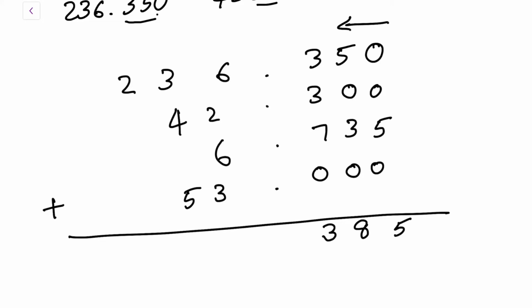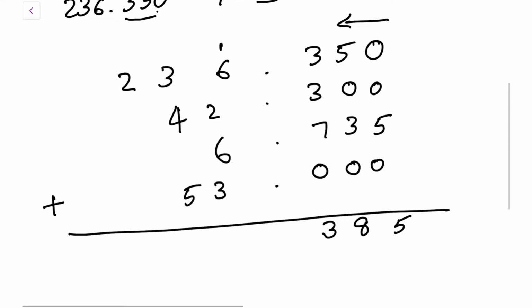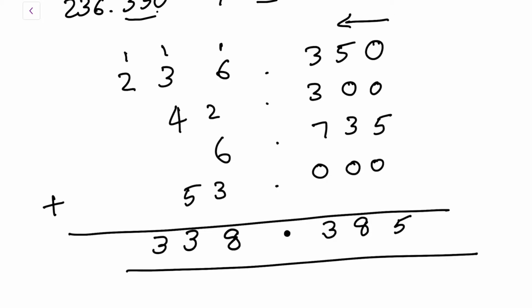Alright, and then 1 gets carried forward here, and wherever the decimal point is, you have to keep the decimal point as it is. And then we do the ones place, that is 6, 12, 13, 14, 15, 18. 1 gets carried forward. 5, 9, 10, 13. 1 gets carried forward. 2 plus 1 is 3. So the answer is 338.385. This is your answer. Alright, pretty simple. Just change all the unlike decimals to like decimals, write all the like decimals one below the other, and do the regular addition from the extreme right.